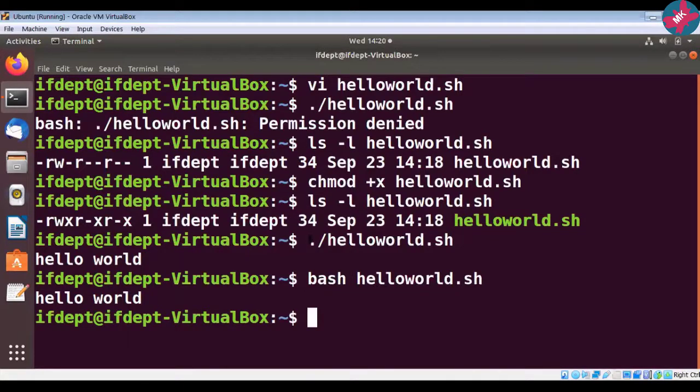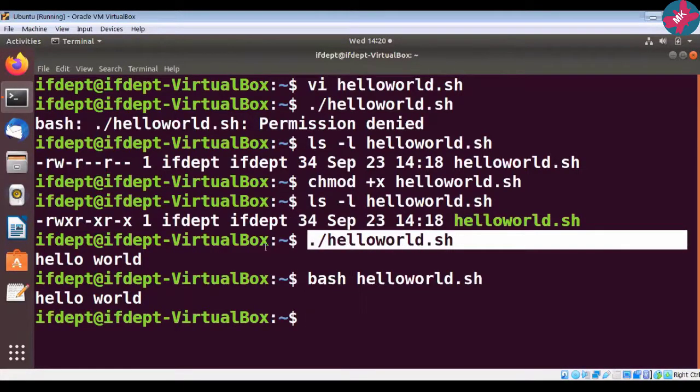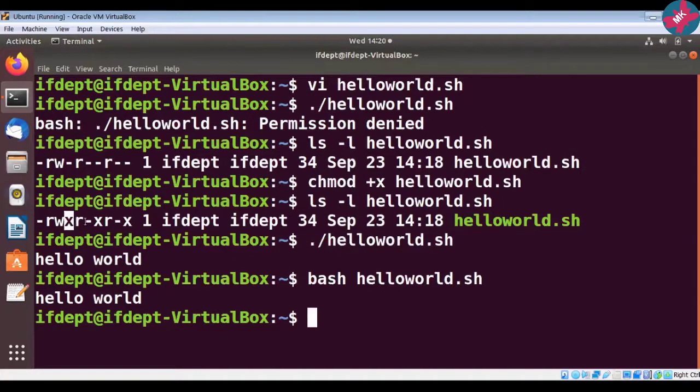If you use the first method, you need to have the executing permission. And if you don't want to change the permissions, then simply you can use this second method, bash hello world dot sh. Mostly I would be using either this method or that method.